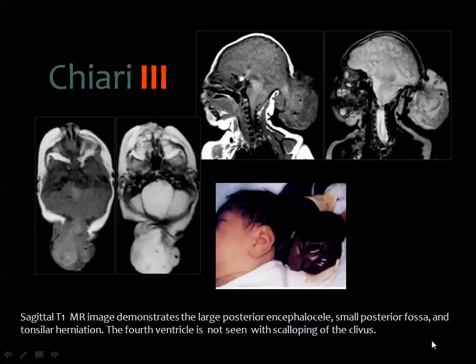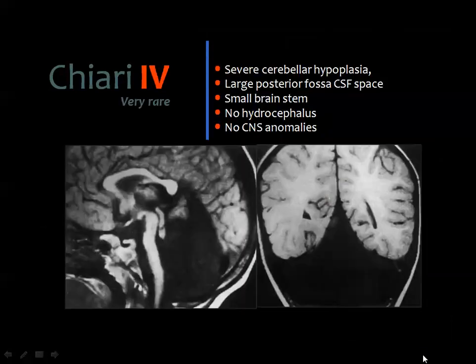And here is another example. You can call this not Chiari, you can call this encephalocele, occipital encephalocele. But sometimes you may call this a Chiari-3 malformation, where you see an occipital encephalocele or upper cervical encephalocele containing the descended brain tissue. Then some of the literature mentioned that there is a fourth type for the Chiari, and